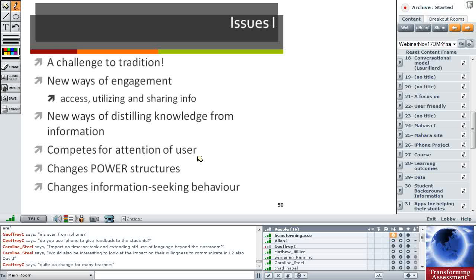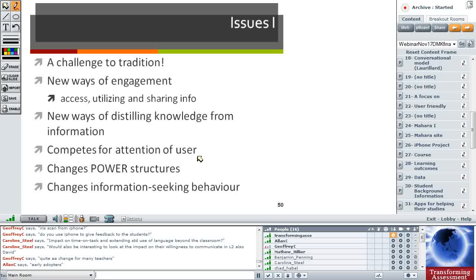And Geoffrey's right and Carolyn's right, this is a big change for many of our teachers, and therefore we need to gather some more data and find a few more teachers in our institution that are willing to work with us to do this, because we too have some plans for trying out iPads, which are much bigger devices, of course, and better for supporting reading and note-taking and highlighting and the like.